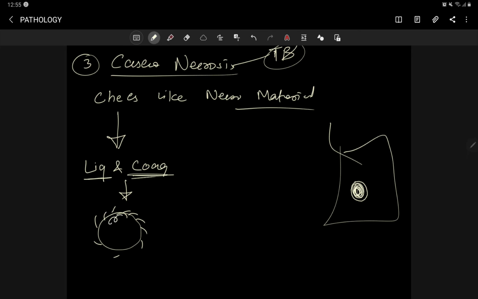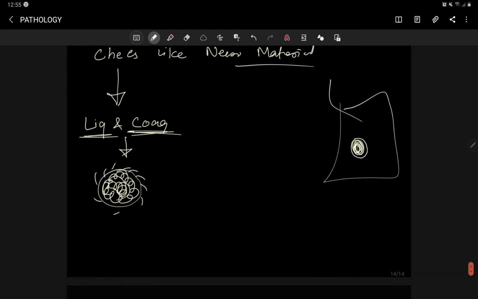The material which was liquefied or damaged, the killed cells and neutrophils and all, will be coagulated in one place. So caseous necrosis is a combination of liquefactive necrosis and coagulative necrosis. Okay,